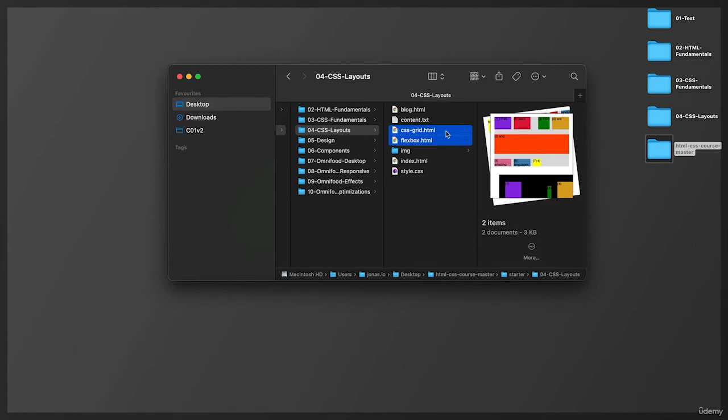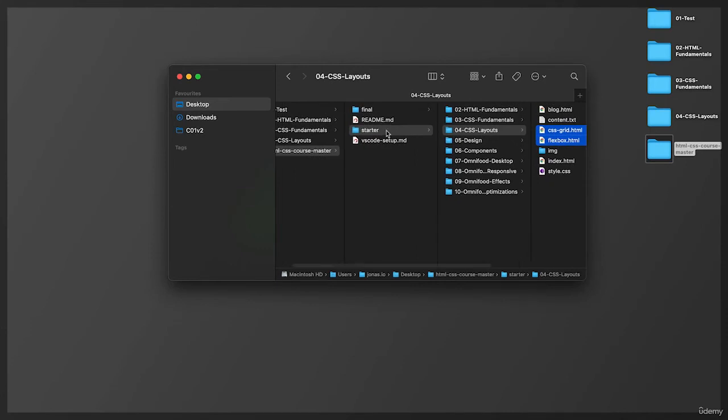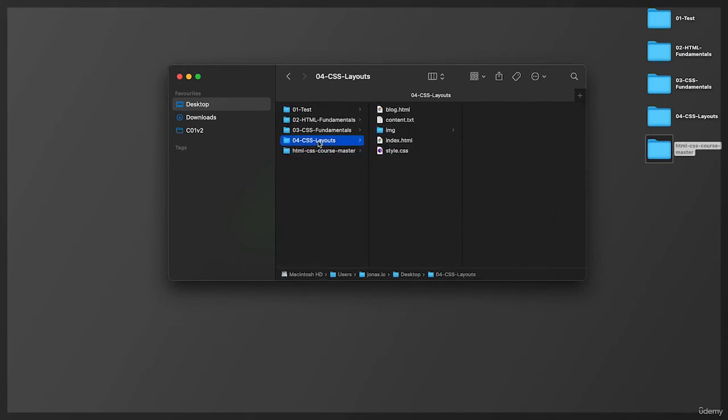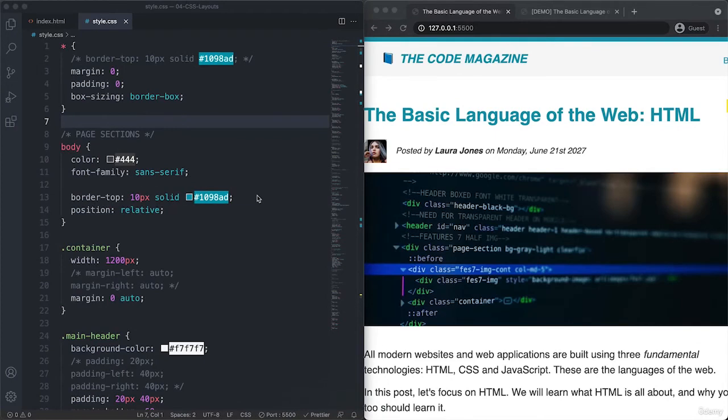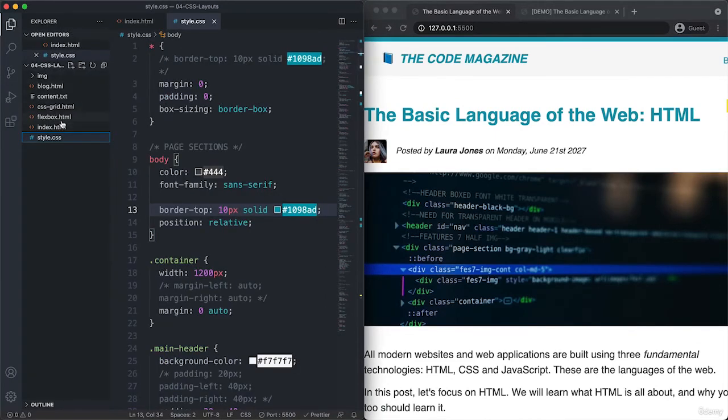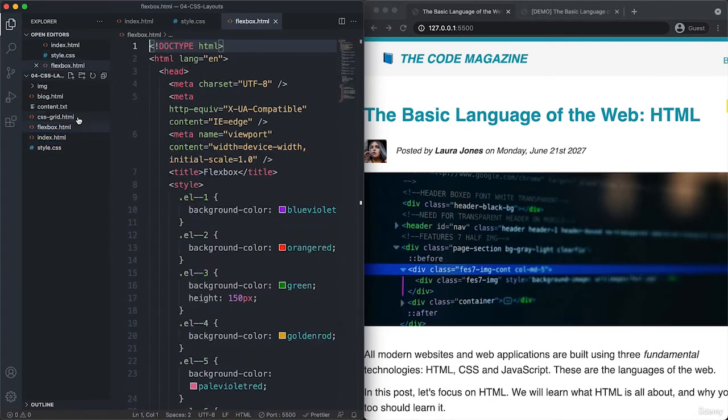In my case, that is here on the desktop, this one. So let's paste them there and make sure that it really is inside of the folder that you're currently working in VS Code. Otherwise, everything else I show you will not work. And now if we go here to our sidebar, then indeed, here we now have flexbox.html. And so this is kind of a starter file, so we can quickly learn just the very basics of Flexbox